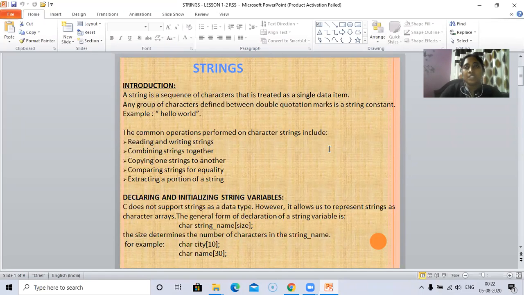In this video, we'll discuss the concept of strings in C. Firstly, this is a video which tells you about the introduction of strings. In the later videos, we'll discuss the operations, how to read strings and how to write strings onto the screen and all. So coming to strings, a string is a sequence of characters that is treated as